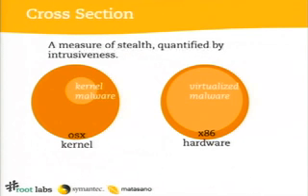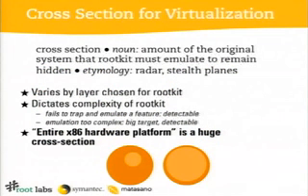With x86 hardware, it tends to have a huge cross-section because there's so many different variants of it. There's so many different components to it, and it presents a really large cross-section. So keep this metric of cross-section in your mind as we're talking about this. We call it basically the amount of the original system that a rootkit must emulate to remain hidden. So the rootkit has two choices. It can either leave things unemulated and just pass them through, or it can try to emulate the entire behavior of that and trap all the behavior